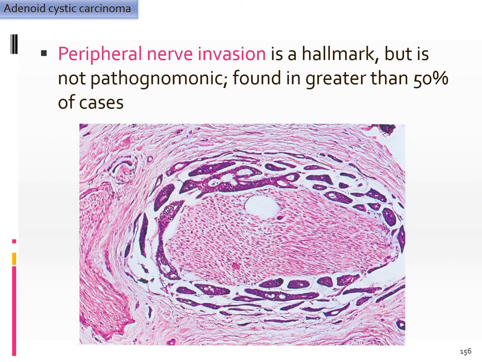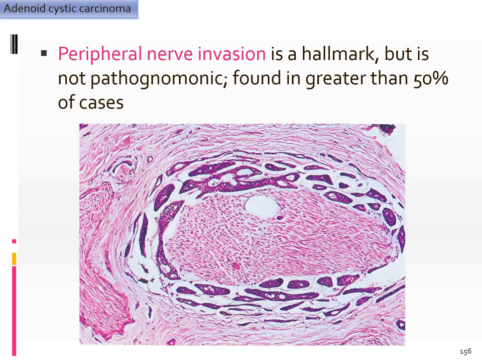Another important feature about adenoid cystic carcinoma is the presence of perineural invasion. You can see the central area shows the nerve axon, and the tumor typically shows an attraction towards these neural structures. It is said that the nerve growth factor, which is produced by the adenoid cystic carcinoma cells, attracts the nerves to grow towards the tumor. So whether it is the tumor going towards the nerve or the nerve coming towards the tumor, histologically we appreciate